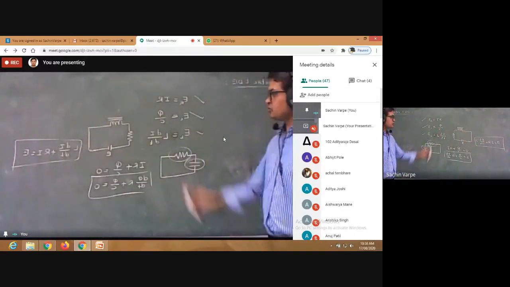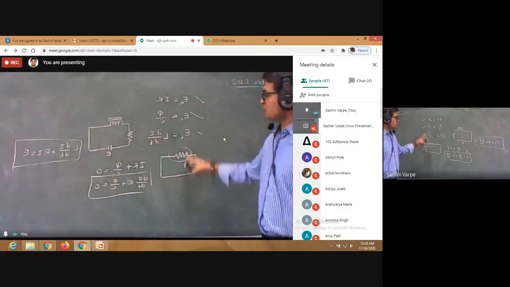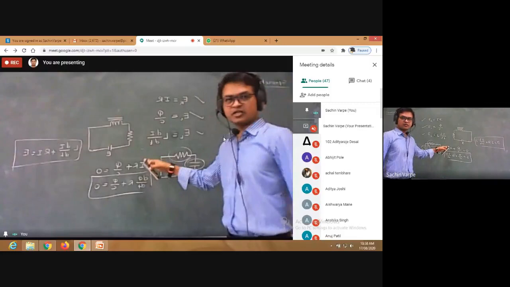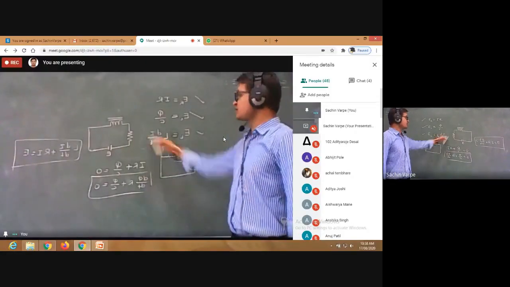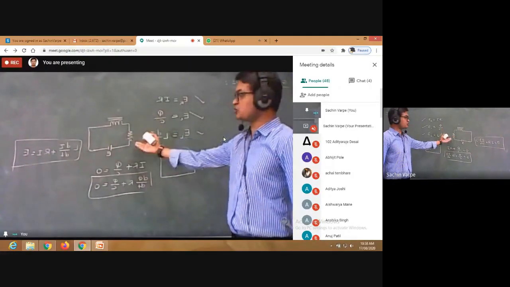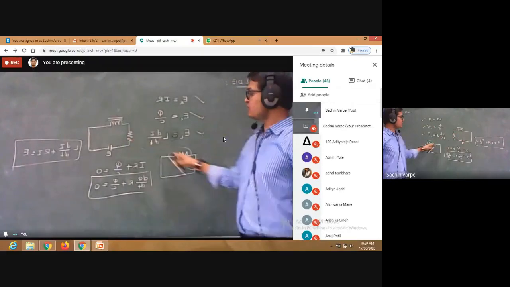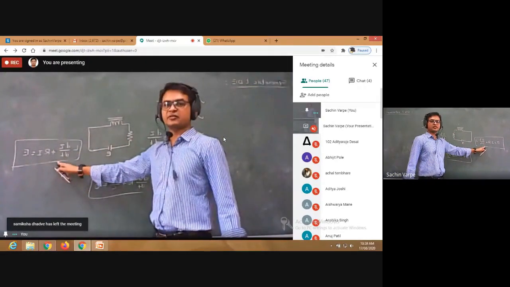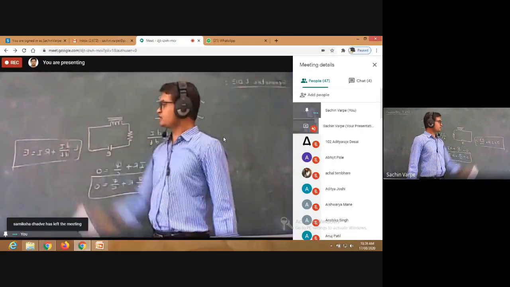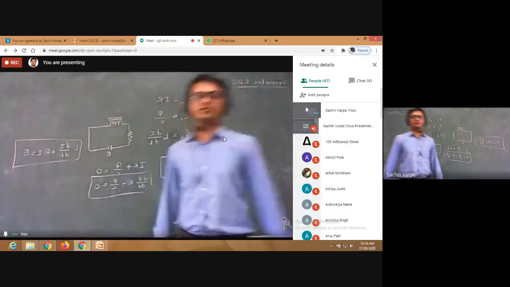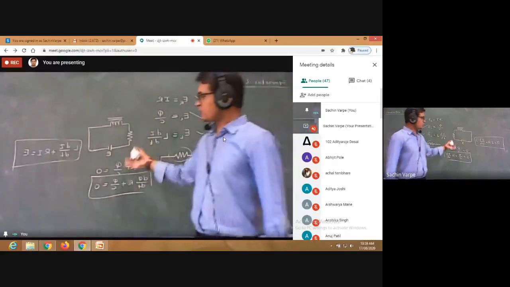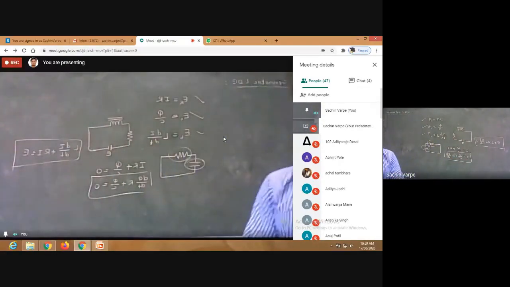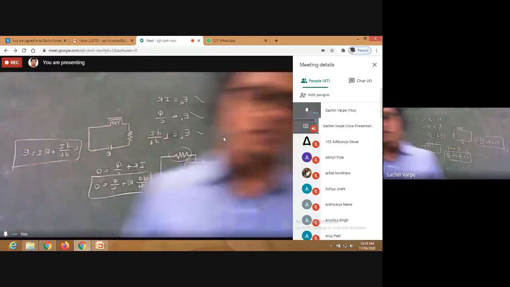All right. So in this way, based on the circuit, we can model it into a differential equation by mathematical modeling, by considering the voltage drops and by Kirchhoff's laws. Then we know how to solve such a linear differential equation as a function of the independent variable. We are going to discuss examples based on this in the next lecture, which will be the final lecture of this whole unit.